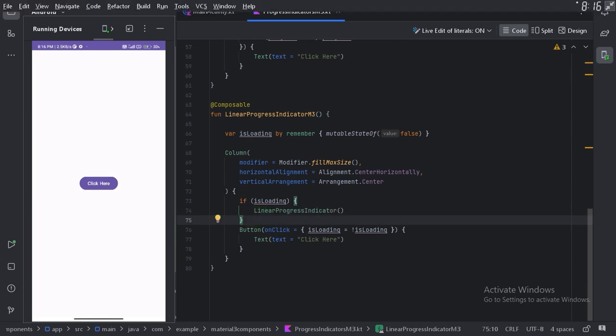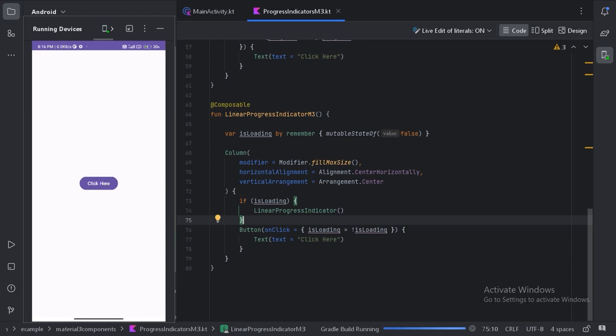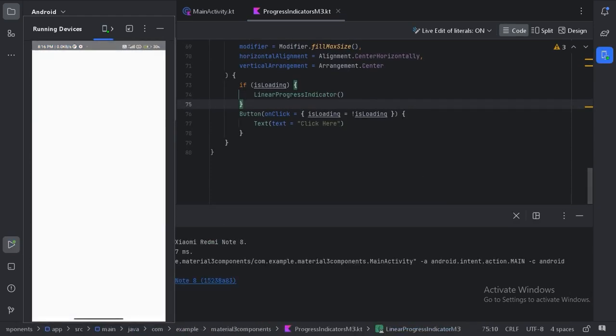So let's run our app again. Now let's click on this. Here we can see this is our linear progress indicator. This one is also indeterminate, so it will go on until we click on this button.